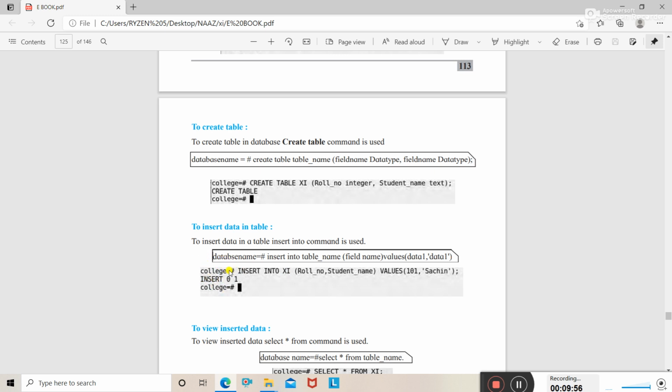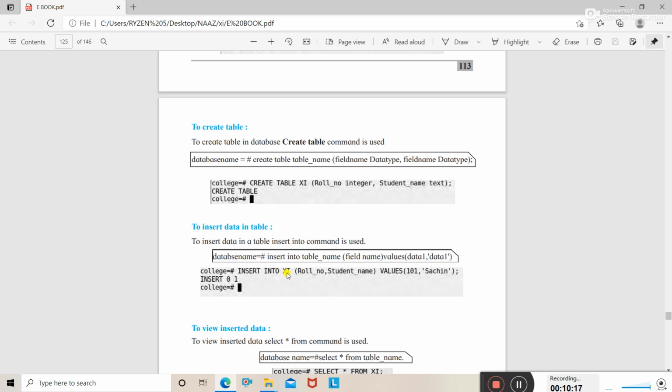I'll connect with the college database first, and then I will use the insert into command. So 11 is the table where I want to insert the data.